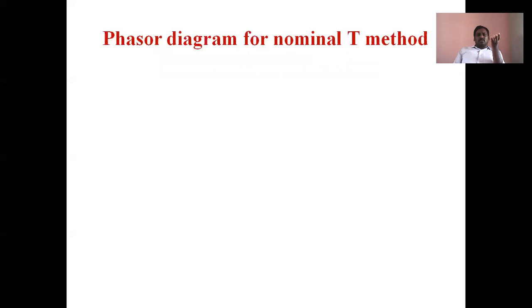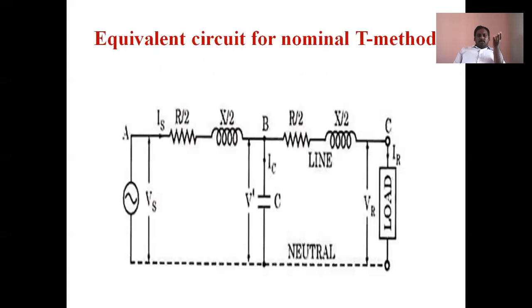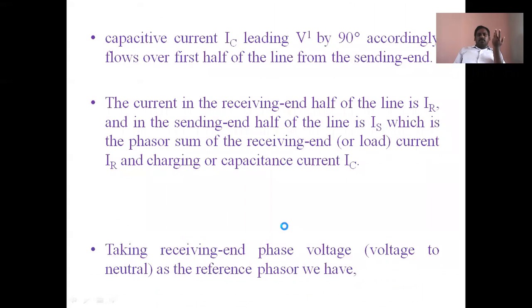So that means from right to left, up to here, we are not determining Vs. That's why we go from right to left. Simply, V1 is nothing but we are not applying any KCL here. This is a series circuit here. Then VR is equal to IR into Z by 2, or R by 2 plus X by 2, plus V dash.